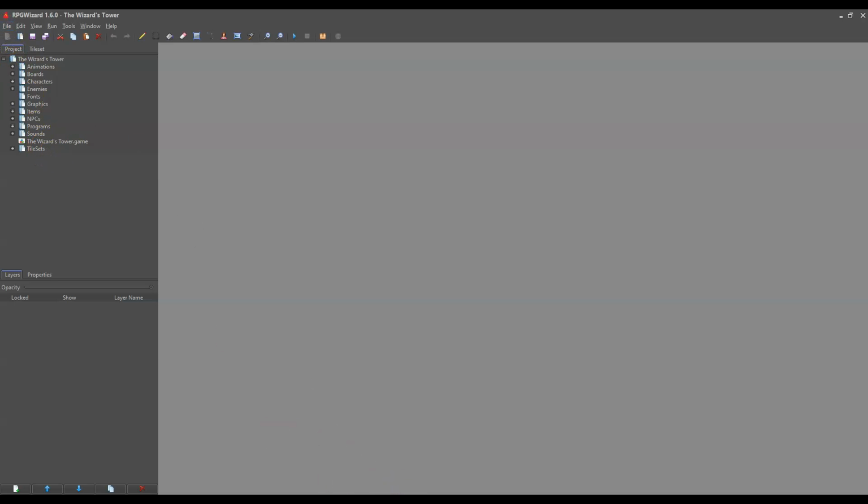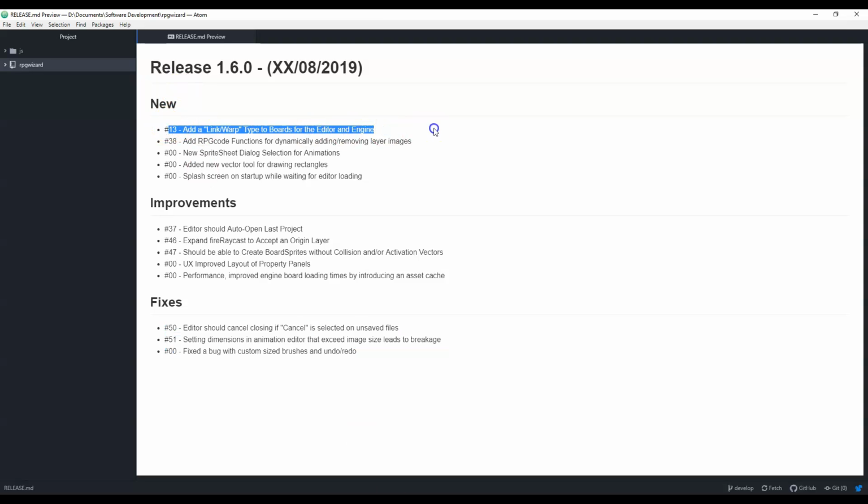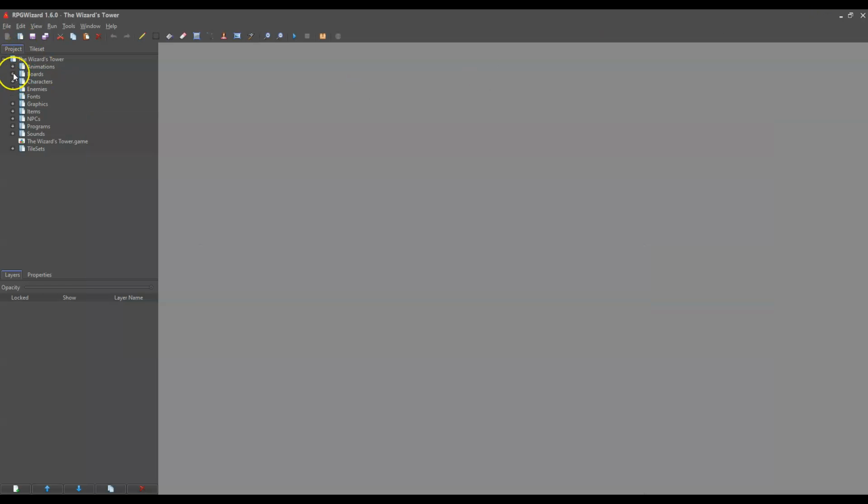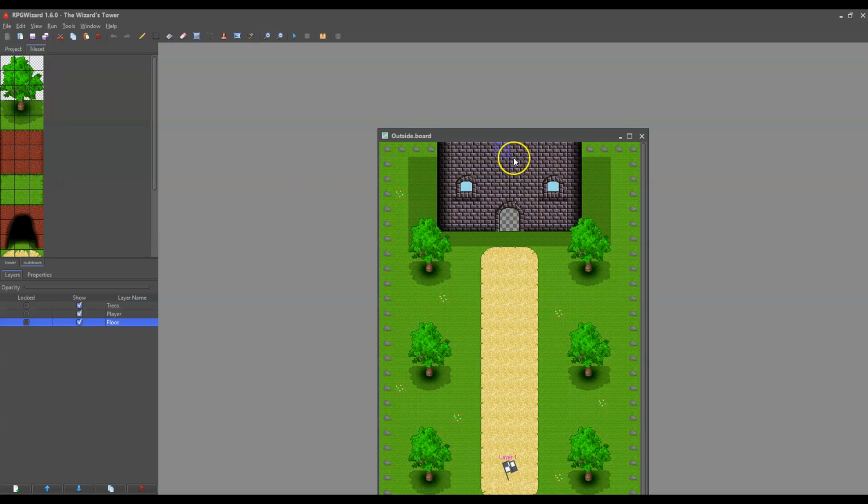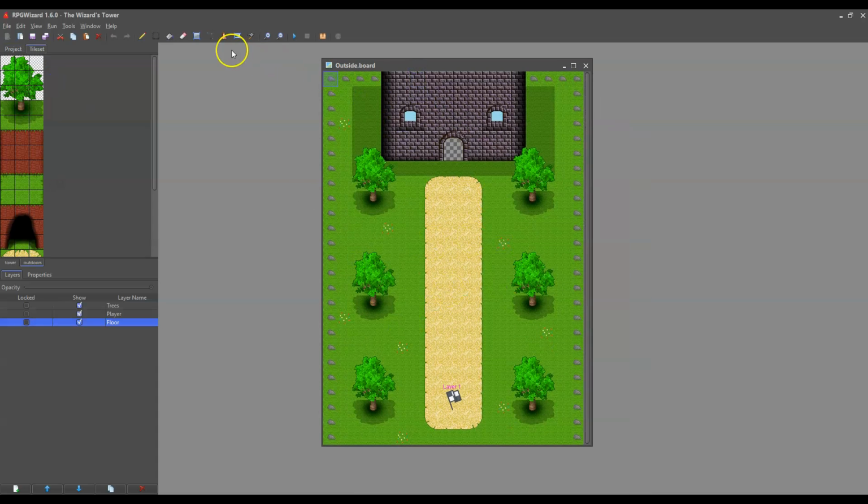Okay, so let's go over some of the features that I've added. The first one is probably the event that I've added for Centerboard. Basically, if I go to one of these boards here, like outside board, which is a new board I've added to the demo project, and I click on the player layer here, which is where I have the trigger, and I right click on this vector,